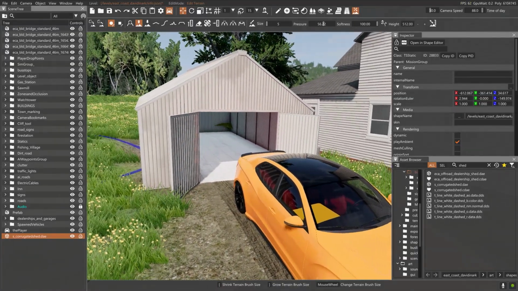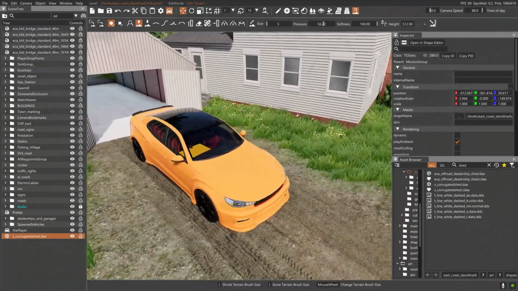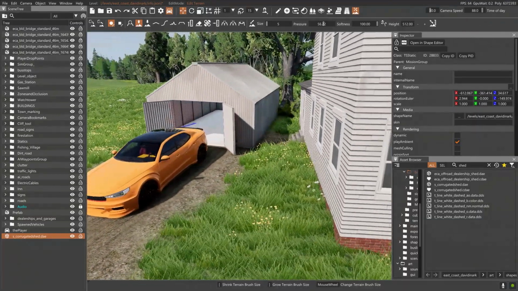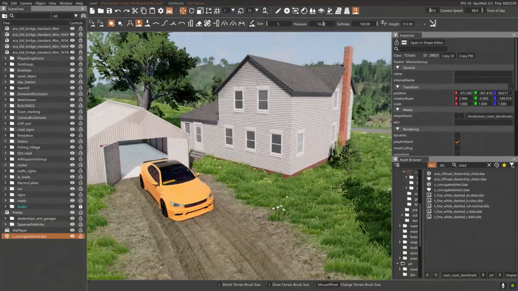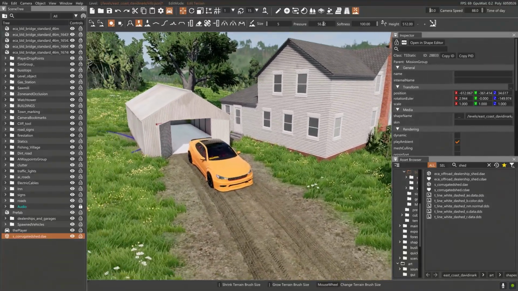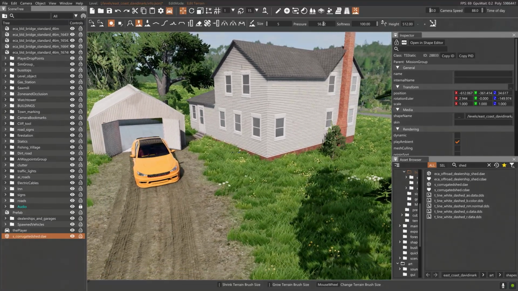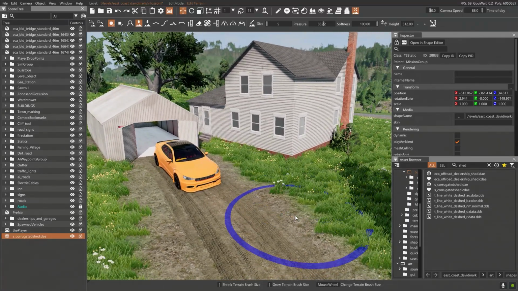And I know that tree is sticking out. I just don't feel like messing with the tree. It is what it is. So I've got my shed, the garage, if you will, posted up here in the yard of the farmhouse. And really, that's it. That's all you got to do. But for the sake of argument,